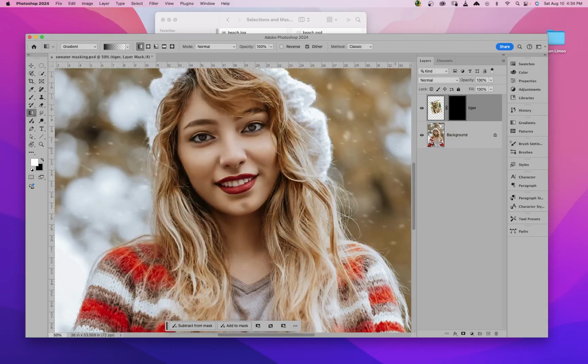So now let's say we just want to bring in the eyes of the tiger. We could select our brush. Always make sure we're selected on the layer mask. Select our brush with white, 100% opacity, and let's make our brush a little bit smaller. So we could brush the eyes here. And I get it, it's a funny subject, funny looking thing, but it's just to show you the capabilities of